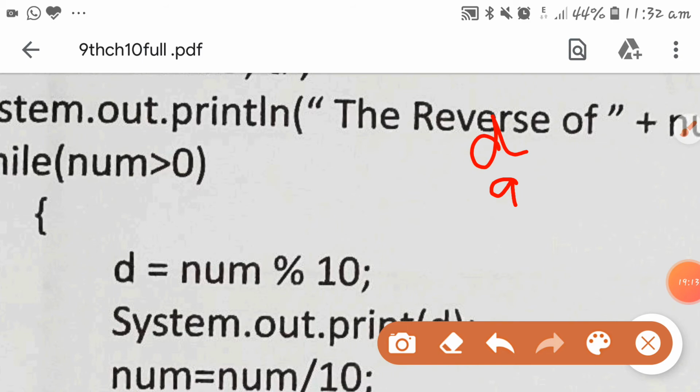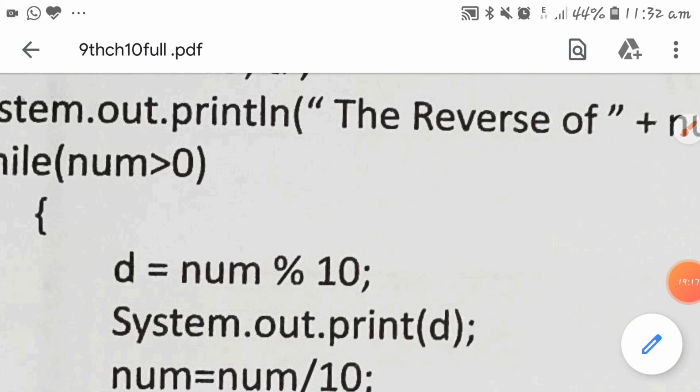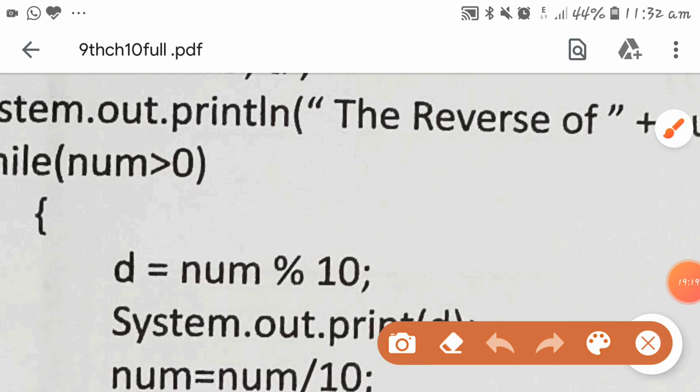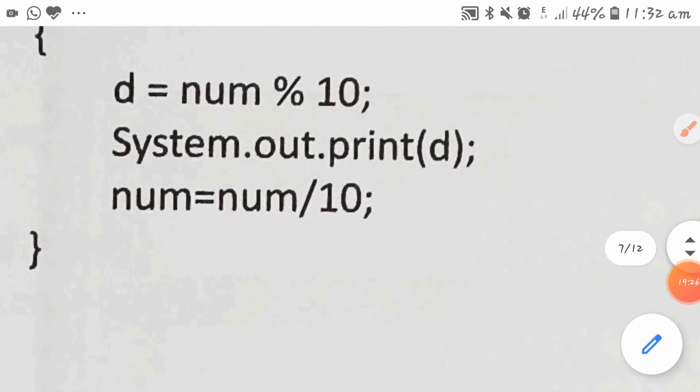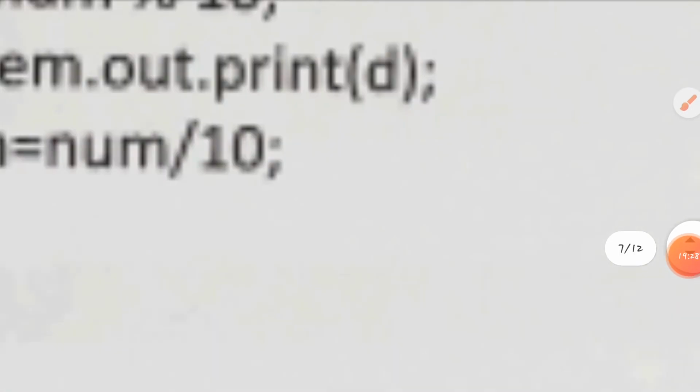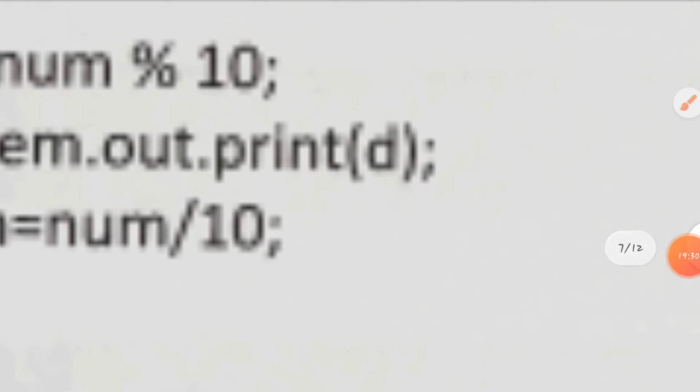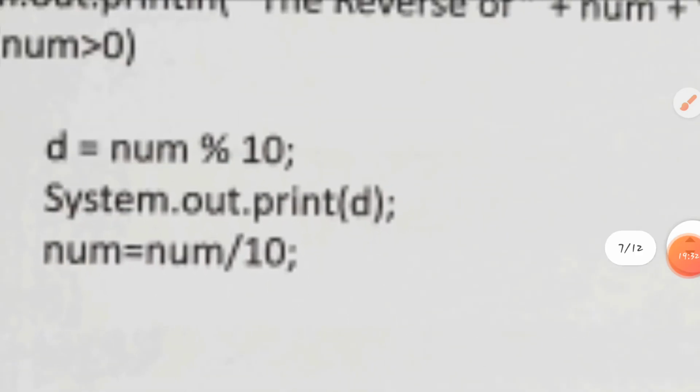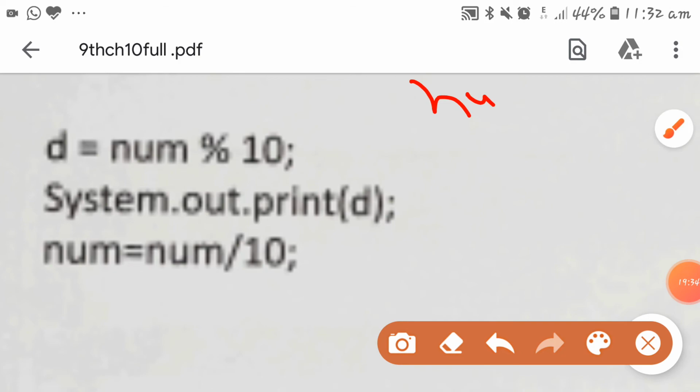Okay, now next is num is divided by 10. So now the value of num: my number was 5, 6, 7, 8, 9, and it is divided by 10.